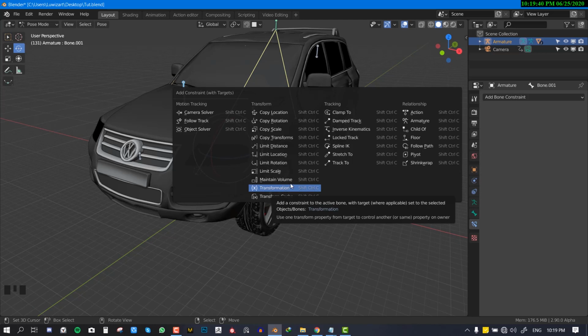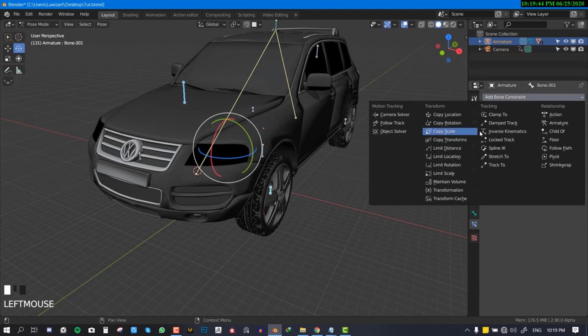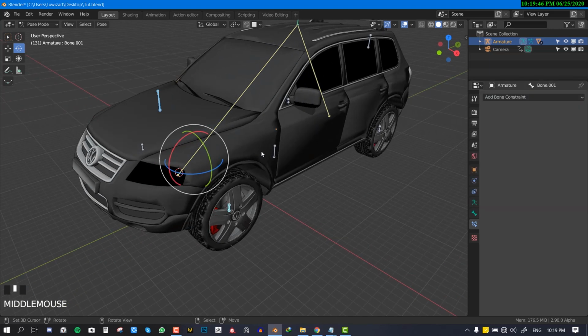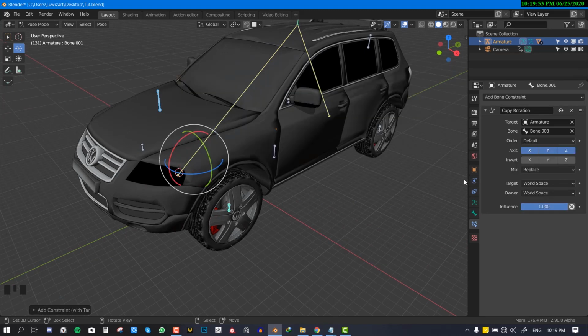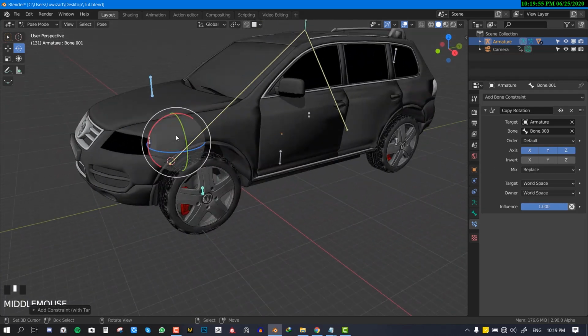You should really use this rather than just using this place, because here you have to input all the data, but here Blender does it automatically for you. So we'll hit Ctrl Shift C and we're selecting copy rotation. In this instance, we only want to copy the rotation of, if I'm not wrong, the Y rotation